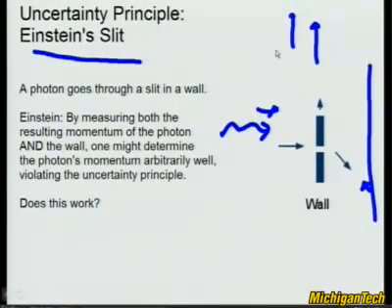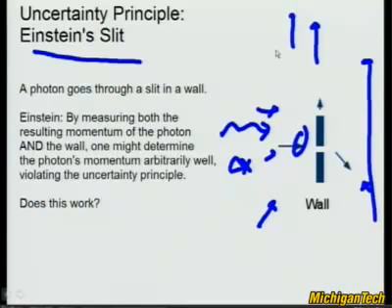And sure enough, when Bohr looked at this in some detail, he found out that the uncertainty in the momentum of the wall. So you can't measure the momentum of the wall precisely. So if you include the uncertainty in the momentum of the wall and the delta x of where the photon was, then you find out that you cannot beat the uncertainty principle. So even if you were to measure the momentum of the wall as accurately as possible, and given this slit of space delta x here, this width, you don't know where that photon's going to end up on the image screen any better than the uncertainty principle would tell you.